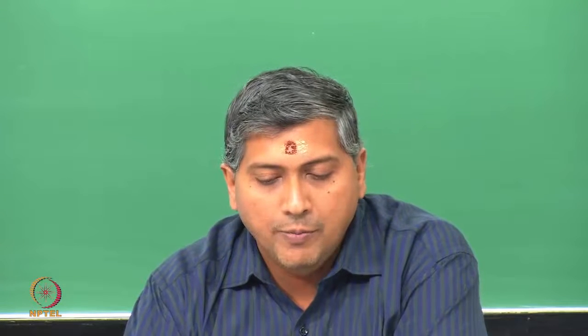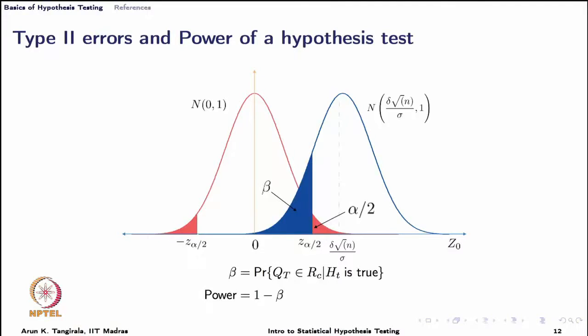So, I have indicated now the Z alpha by 2. We know that acceptable cases are whenever Z falls to the left of Z alpha by 2, and therefore, the beta is simply this shaded region in blue, because in all these possible values the null hypothesis is not going to be